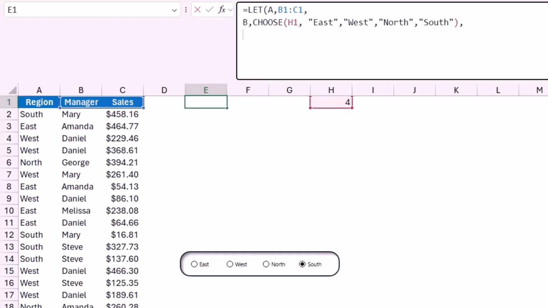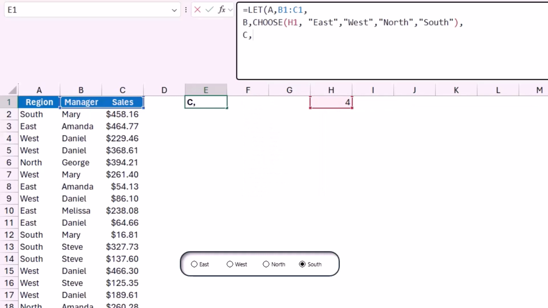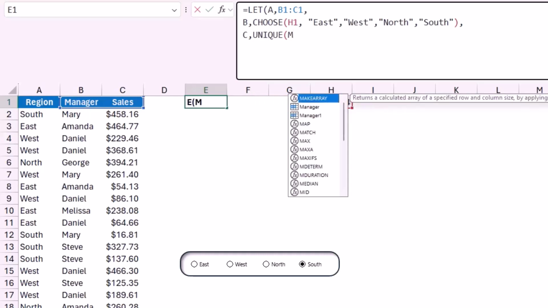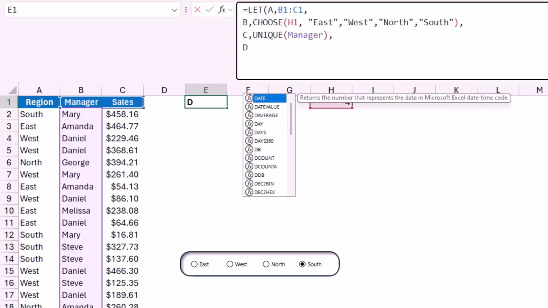My next variable, I'll name it C, this one will be extracting a unique list of managers, and I'll be using a UNIQUE function to do that. And because I named the range manager, I can simply type manager and select it from the IntelliSense list. This argument will return a problem, and we'll come back and fix it, but I want to show you the problem first. I type a comma, Alt Enter, and my next variable